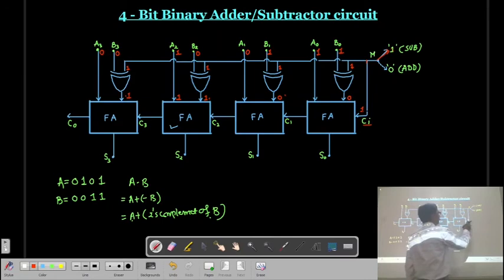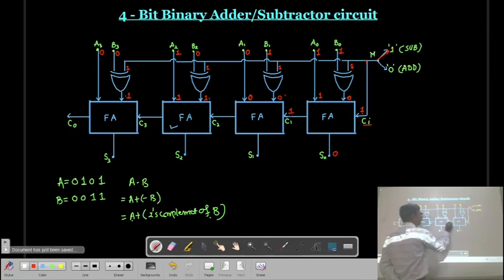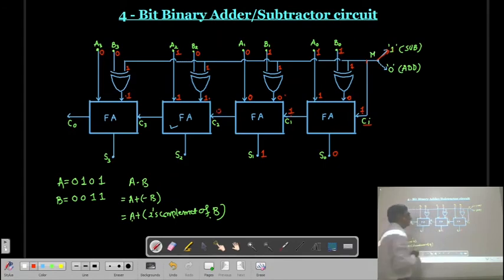Now in this case, what will happen? That A0 is 1. So now if you take the addition, 1 plus 0 will be 1, and 1 plus 1, this carry input is there. That is due to the 2's complement number. So here 1 plus 1, the sum is going to be 0 and the carry generated will be 1. Then for the second full adder circuit, A1 is 0. So we have 0 plus 0 plus 1. So the sum will be 1 and the carry is 0.